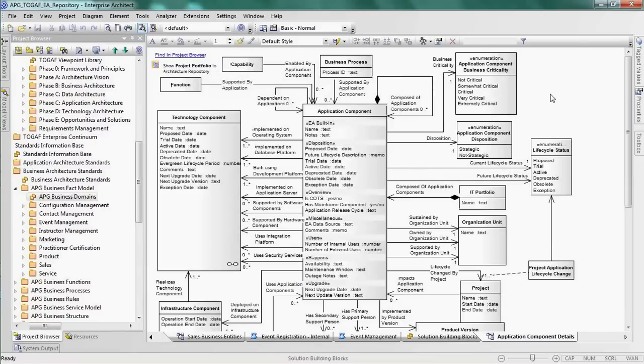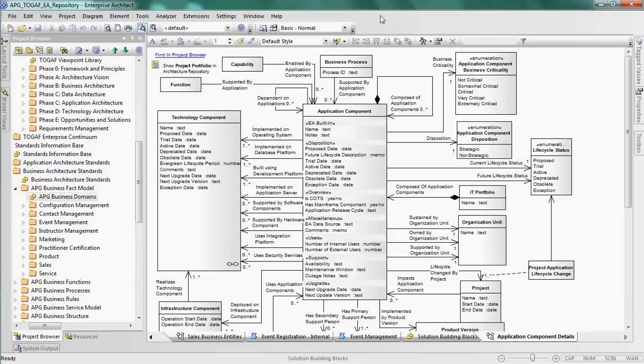And so this is, again, a derivation and an extension of the TOGAF architecture content metamodel. As you might guess from this diagram, we're certainly focusing on application portfolio management as the primary outcome of this particular implementation. So there's a bunch of attributes that we're keeping track of about application components, and lots of relationships. You'll notice there's a number of relationships between application component and technology component, as well as things in the business architecture like functions and processes, what organization units are related to it, as well as projects that are touching that particular application, and that's something we'll take a look at a little bit later as it relates to the